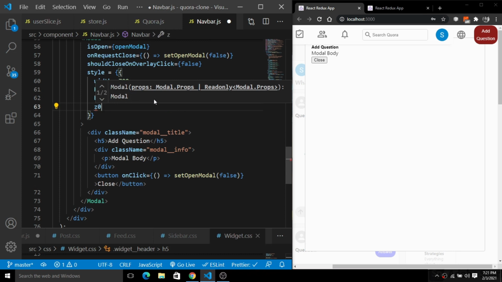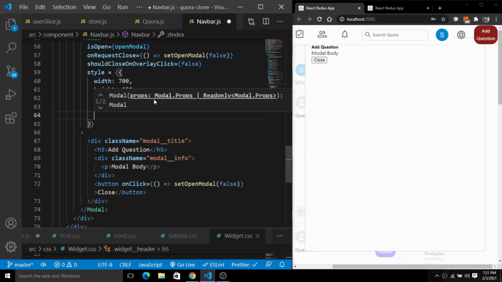Now I'm going to simply give a z-index here, so it will always be on top. So we have this z-index, and for this we will simply pass a positive 1000, so it will always be on top here. Then we'll give a top, I will simply center the modal here. So how will we center this?